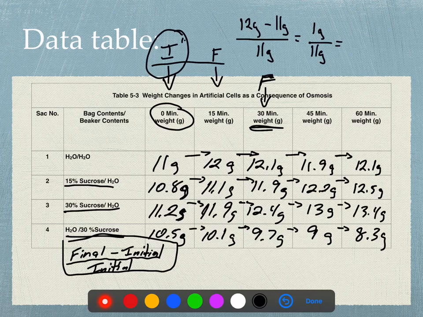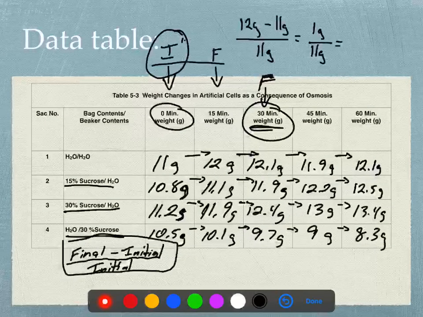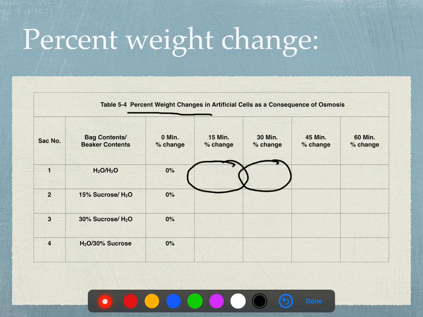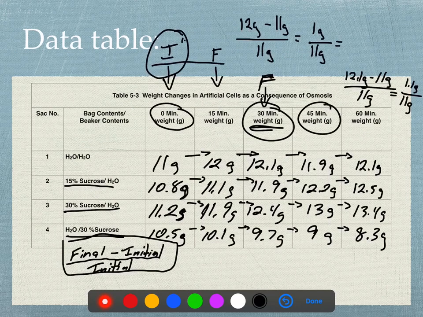The original mass at 0 minutes, right? So let's see now what happened when you compared 30 minutes to 0 minutes. It's 12.1 grams minus 11 grams, divided by 11 grams, which is now 1.1 gram over 11 grams, and then times 100 to get the percent, and then that's going to go right here. And then repeat again